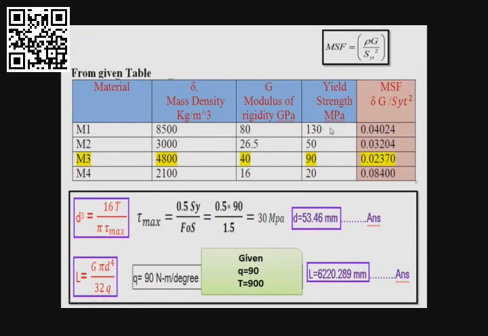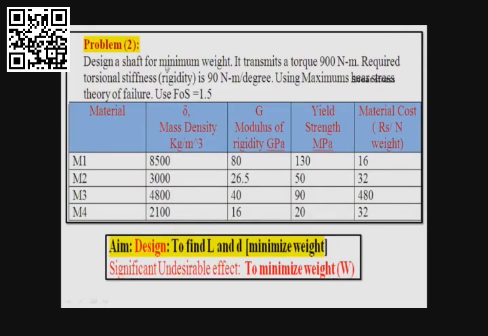Afterwards, yield strength is substituted in terms of 130 megapascal, that is into 10 raised to 6. If you substitute like that, we are going to get these values. Here we need to identify which MSF value is minimum. It is minimum for material number 3. So we need to select this material for the design, so that the weight of the